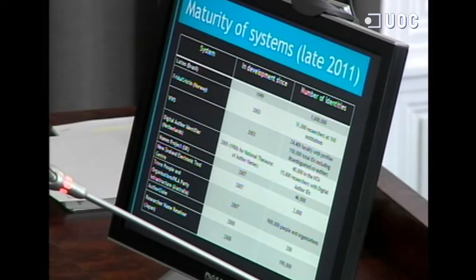So it wasn't every single system out there, but we looked at quite a few, and we sent a survey out to the managers of these systems, and they responded and gave us quite a lot of information about how the system worked, who runs it, how it's funded, and how they create the data in the system, for example. So it was quite an interesting exercise, and huge variations across the different nations as to how they run these systems. So this is just a summary slide there as to how many identities, for example, are in each of these systems and how long they've been running.